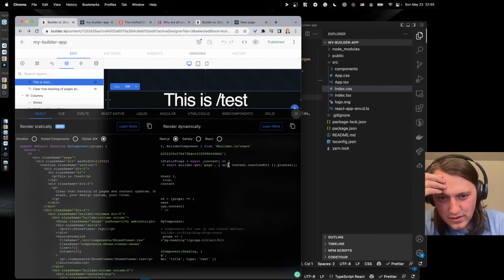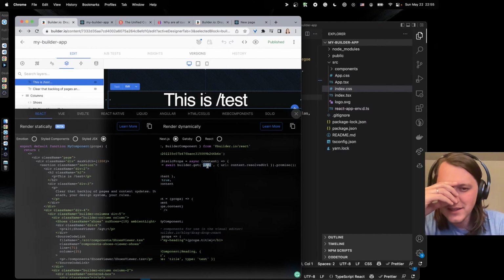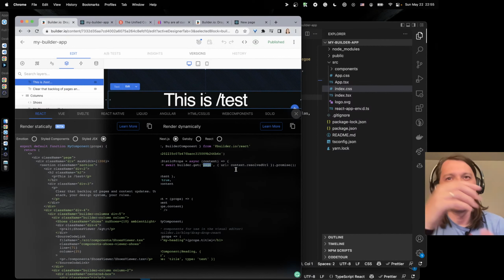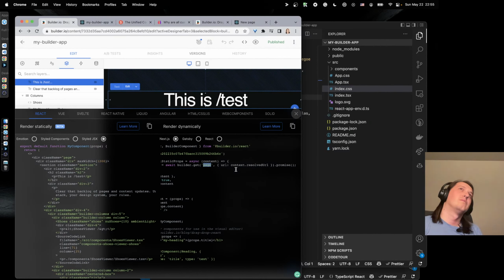So builder get page, right? That's the type of the component that you're getting. And if you have two components that you're using from builder, do you get billed twice for each page view?